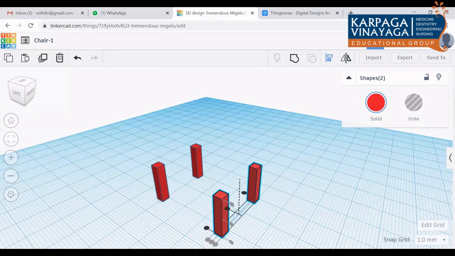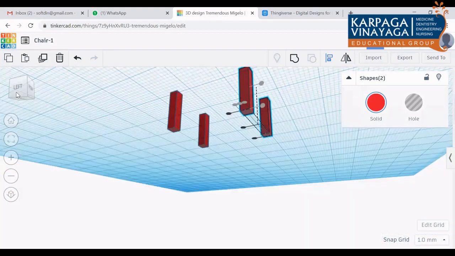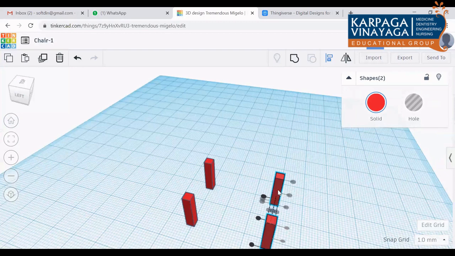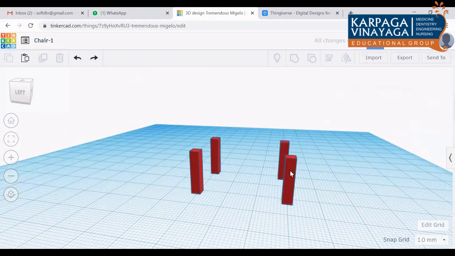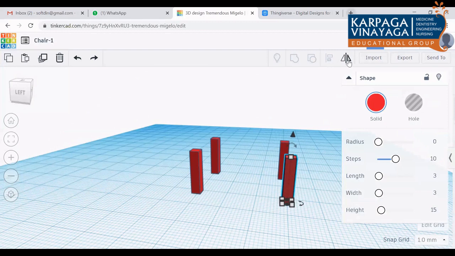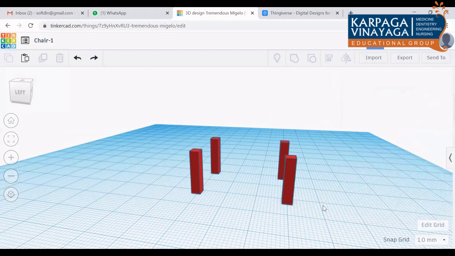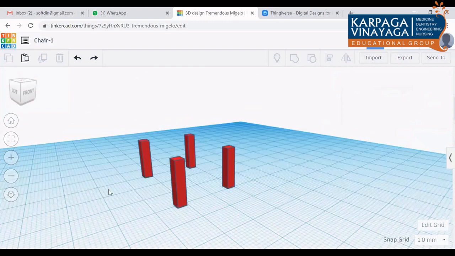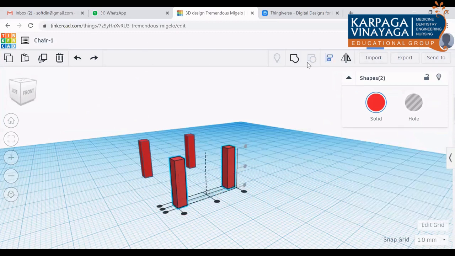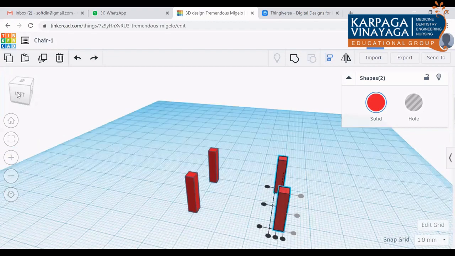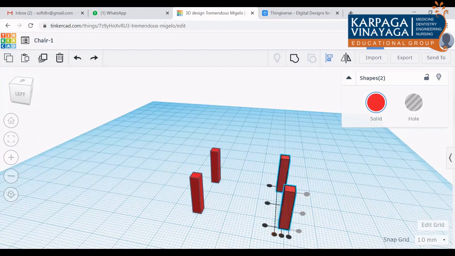You can check whether these 2 objects are in a straight line. Here it is in a straight line. Otherwise, suppose I am moving this like this. Now I am going for this align option: I click this, press the shift button, then go for another one, press this, press shift, press this, then go for alignment. And you can see here these 2 are not aligned. So align this leg over this line. Now you can see these 2 legs are aligned to each other.